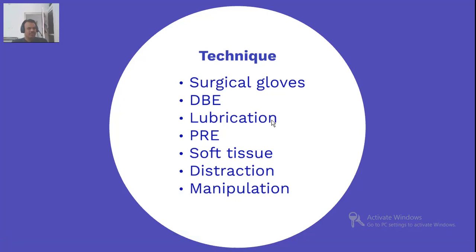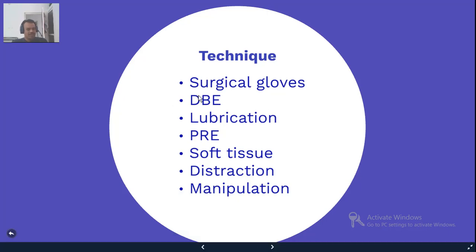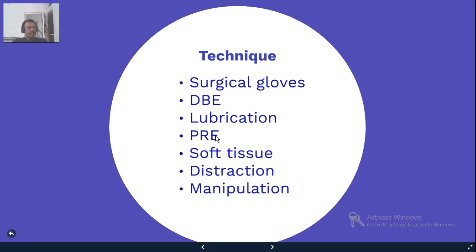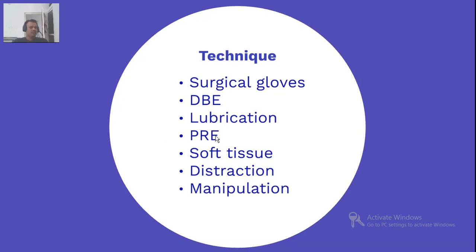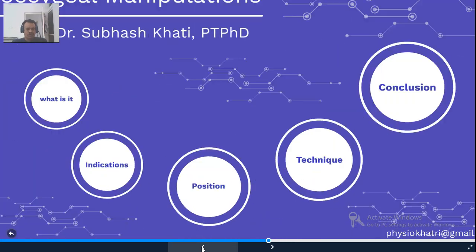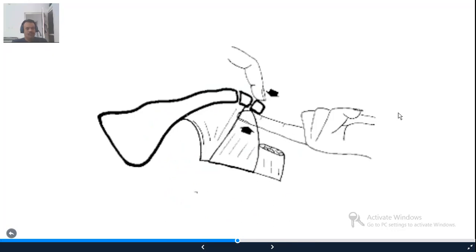Then ask the patient to perform deep breathing exercises, or just take a long and deep breath. And at the end of expiration, just try to perform a per rectal examination. So you can insert your index finger through the anal sphincter so that you get into this position. Now this is your gloved index finger, and this is another index finger from outside. Try to hold the coccyx.